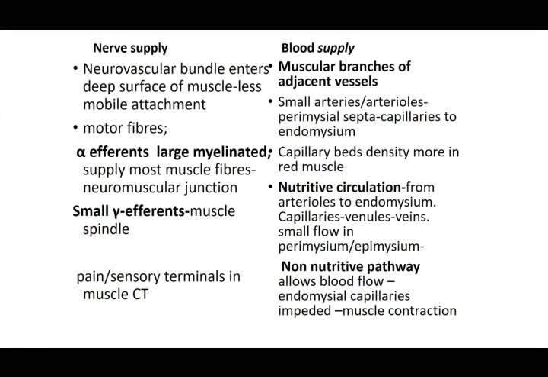When the muscle contraction is there, this non-nutritive flow is stopped, and if it is obstructed, the nutrition to the muscle fiber is going to come from the nutritive circulation. So both are going to reach the level of the endomysium, but the non-nutritive one just helps in the function. When the muscle contracts, it is impeded and stopped, but the nutrition to the endomysium does not finish, and that continues through the nutritive circulation. So both types of vessels have different functions.